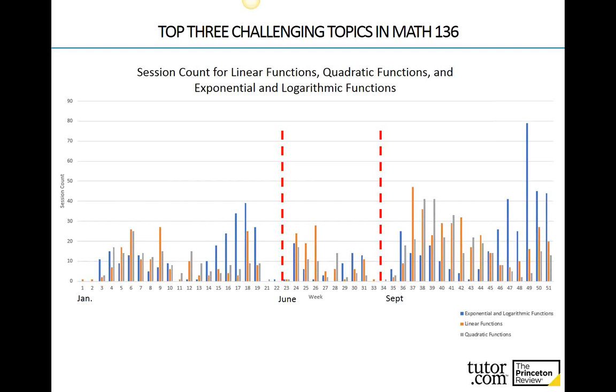More globally, again, this is where looking at the pattern of the data, when you look at right here, the linear functions and the quadratic functions around week 40 to 45, is where you have then that radical expressions coming in. And so I think it'd be really interesting to dive into here to see what are the nature of the students' questions. And then also I think pulling in the prerequisite data that we have. And so that's another next step, is we have those indications of whether the tutor felt the student had the prerequisite knowledge. And so we would want to dive into and combine that data when looking at it.